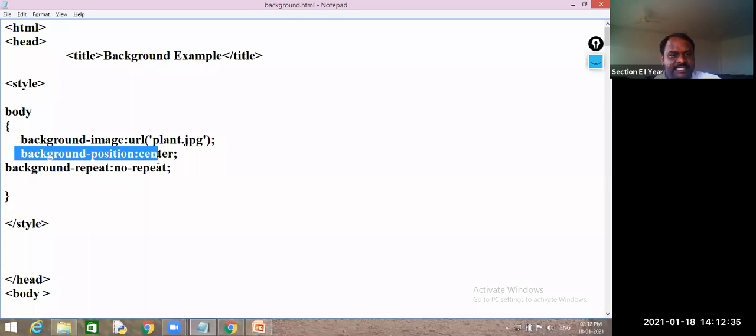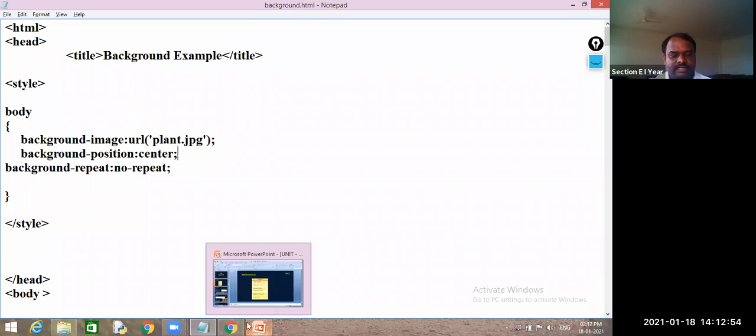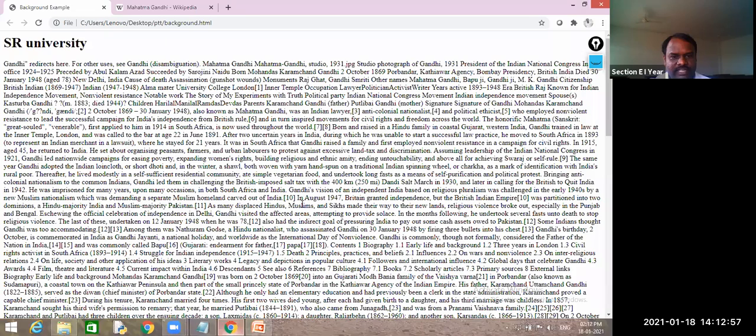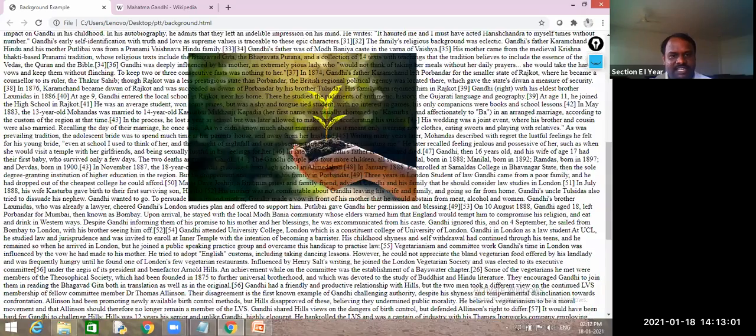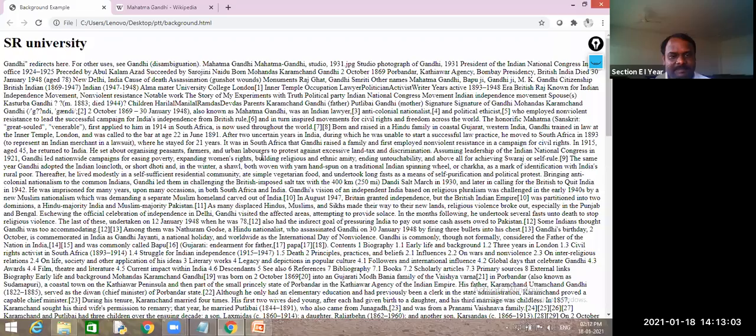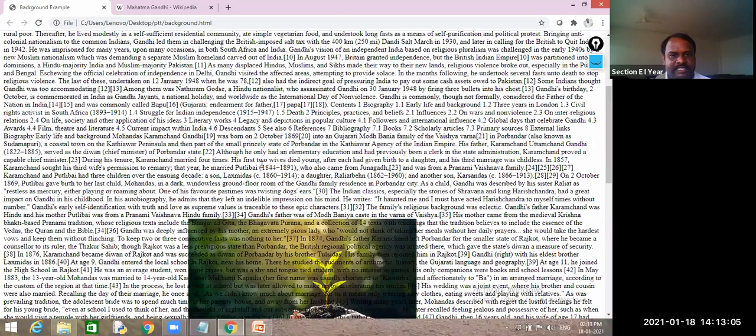Background position is center. Means your browser data has increased or not. So when it is increased, when you compare with the center, what happened? In your entire web page, it will move to the center. So observe the output. This is the center of your web browser. Did you understand? Is it clear? Yes, sir.